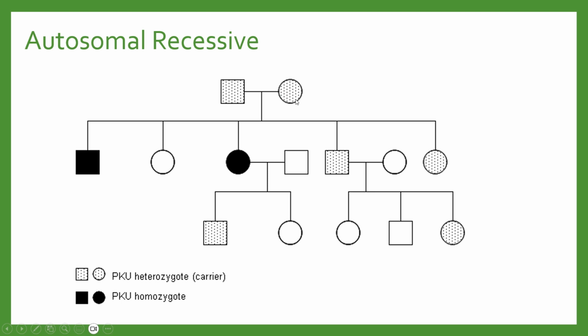So we can see that we've got our parents, neither of which have the condition, yet they have children which do. So the only way to get the recessive trait is to have 2 copies of the recessive allele. So we'll use the letter R to represent this. This individual here must be little r, lowercase to represent recessive alleles. To get 2 copies, they must have got one from each parent. So each parent must also have at least one little r,